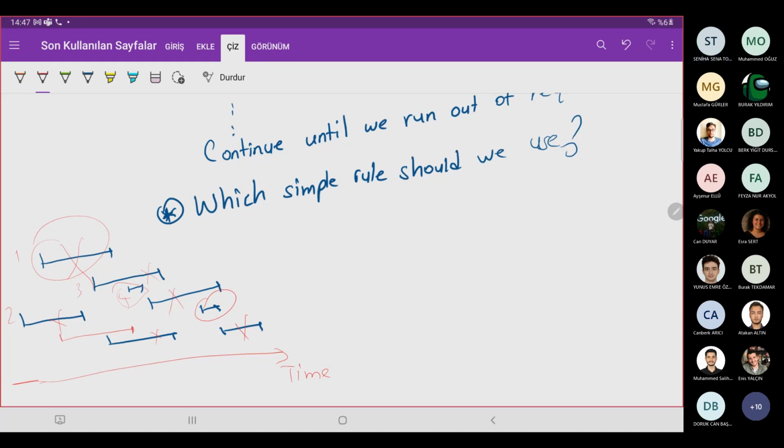I mean, the top you said, but top and bottom are not important. It's just my way of drawing. It's the start and finishing times that are important. Then I choose the longest one. Okay, that's one option. Choose the longest one.